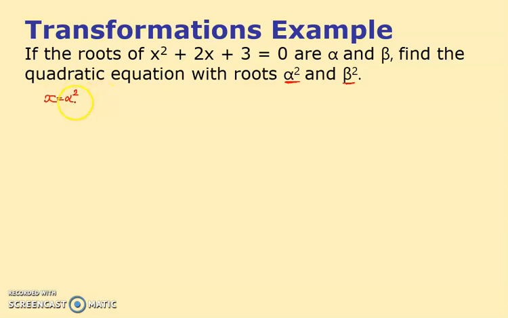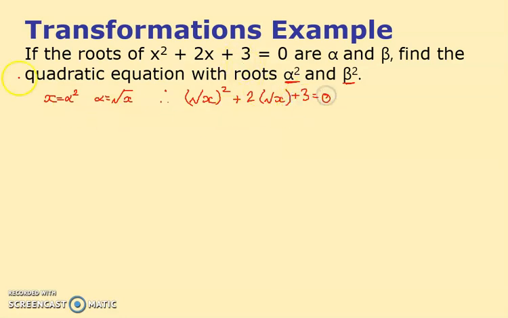Now, I want to rearrange it because I know alpha will go in. By the way, I could have used beta, but you always use alpha. And so I'm going to rearrange this. I reckon alpha is the square root of x. And alpha will go into this and give me 0, so I'll just substitute that root x in. Root x goes into there. I will have, well, it says x squared. Now, I'm going to get root x squared plus 2x, it says, but I'm going to substitute that root x in instead. 2 root x plus 3